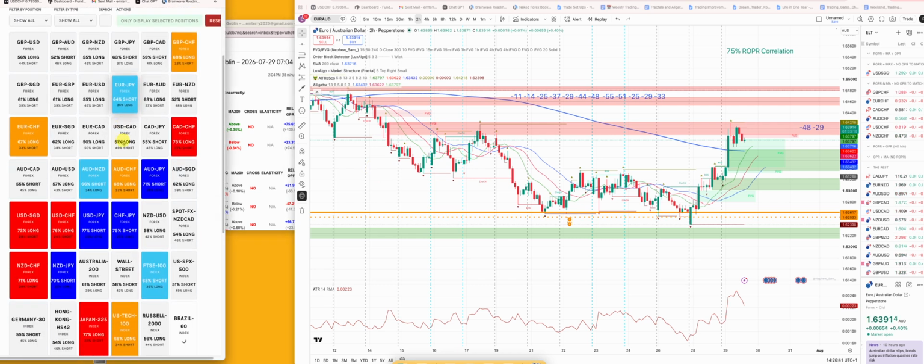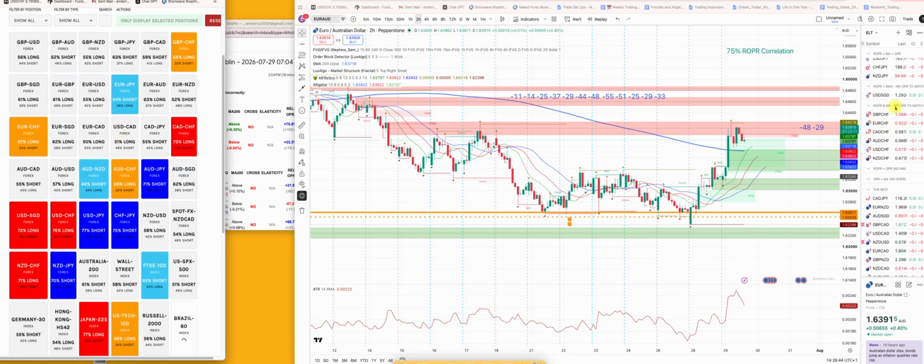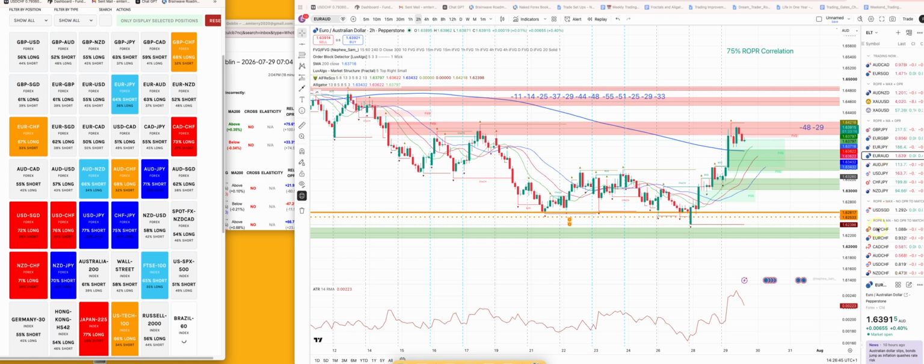All right. So pound Swiss, we've got. So the pound Swissy hasn't been lining up a lot recently. Oh, come on. At the moment, we've got